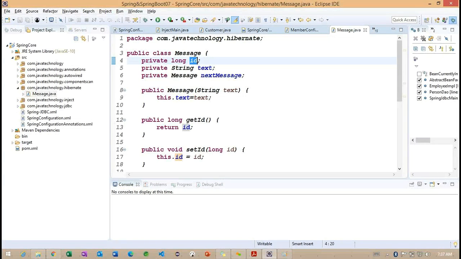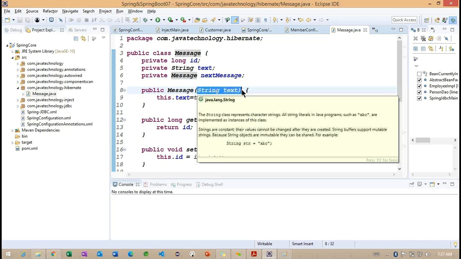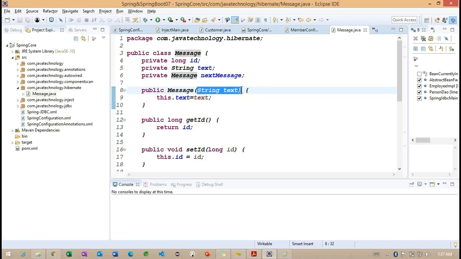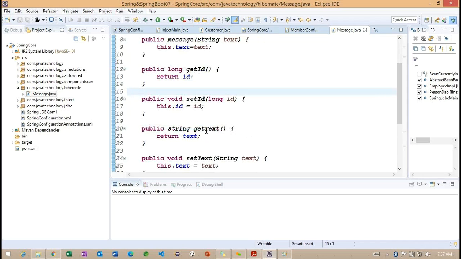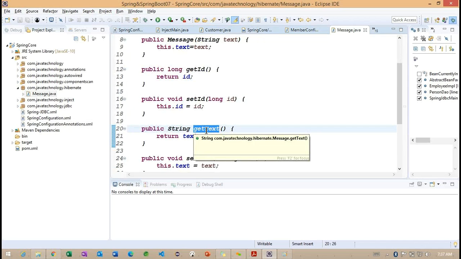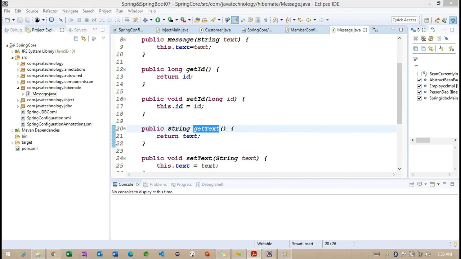Okay, back to here. Whenever we are trying to work with this particular message, how are we going to add the message? We'll create an object of this particular message, and by creating this message object, we are going to specify this particular text message, and we will print this text message by calling get text. Now I want to save this particular message information. So to save this message information into the database here, what do we need to do?